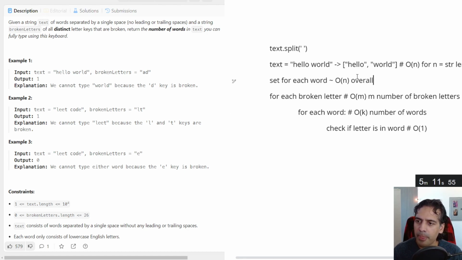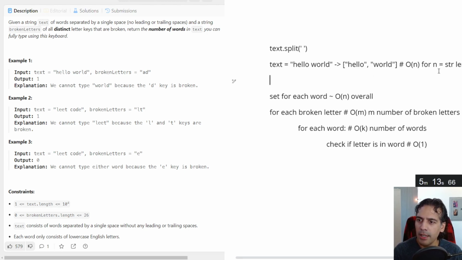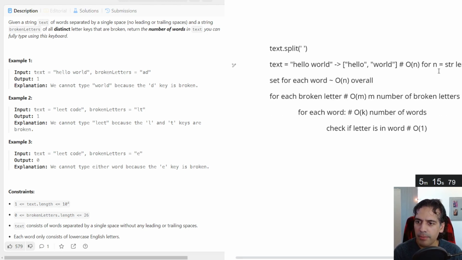And here it's kind of hard to say, K is a new one created where number of words K is going to be like basically N divided by the number, K times C is equal to N, something along those lines. Let's not get too in the weeds for that right now. So if letter is in word, still good.